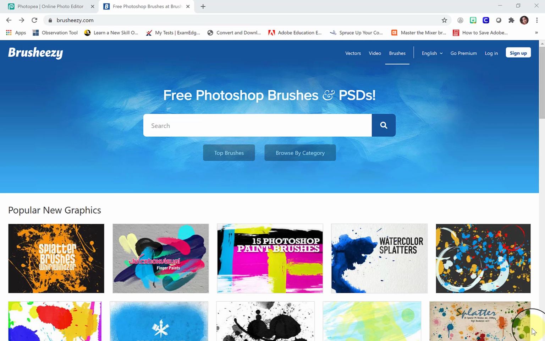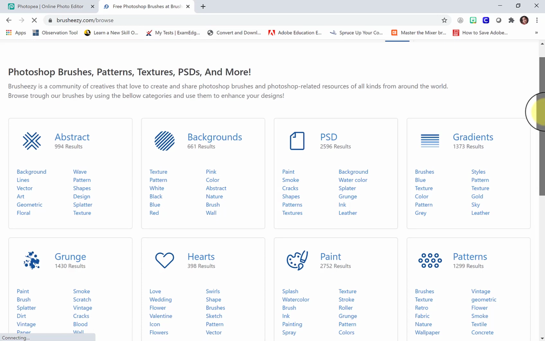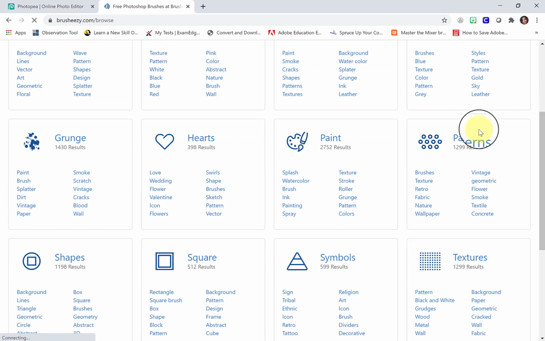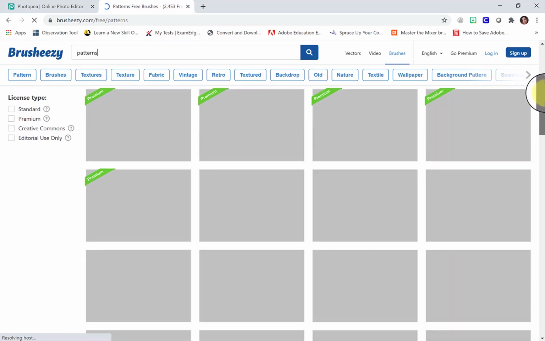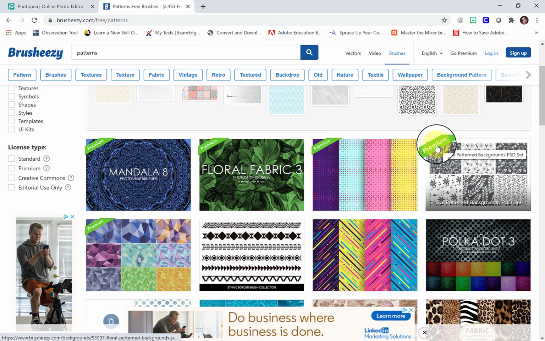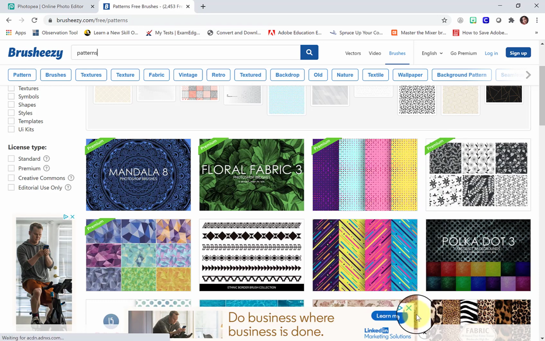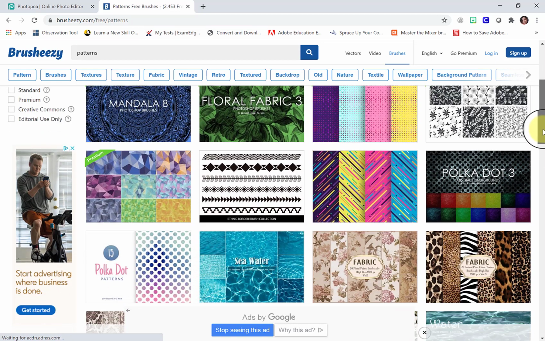So first, let's go over how to find them. When we go to brusheasy.com, we're going to select Browse by Category. Then I'm going to scroll down and select the category titled Patterns. Just a reminder to all of you, when you see a pattern or a brush that has this little green flag that says premium, that means you must pay for it with BrushEasy's premium account. So if you don't want to spend money on it, just ignore them and scroll down